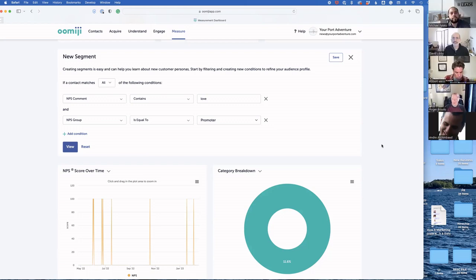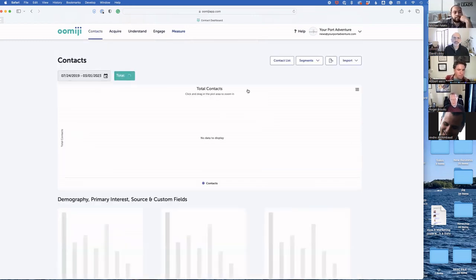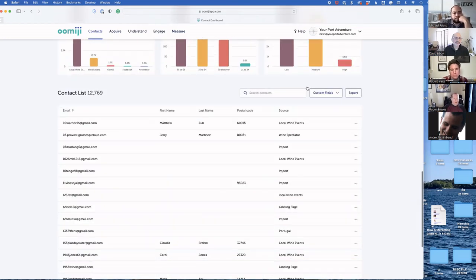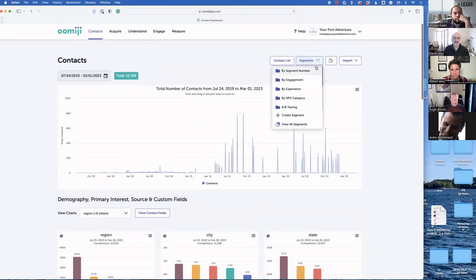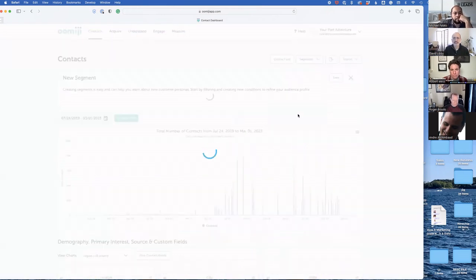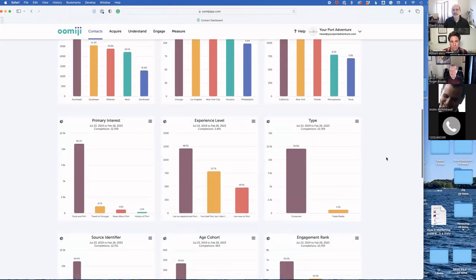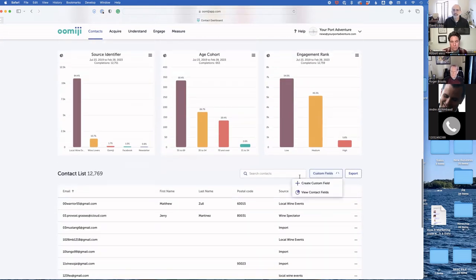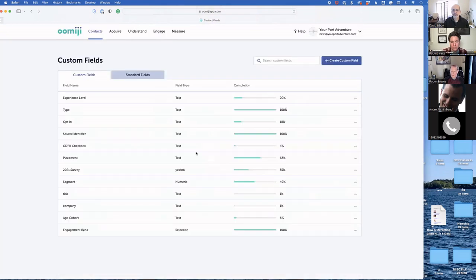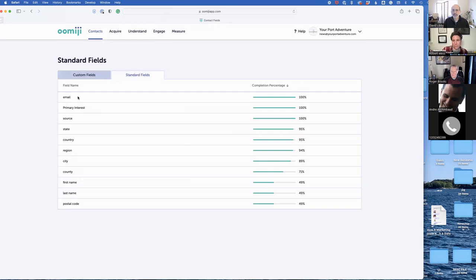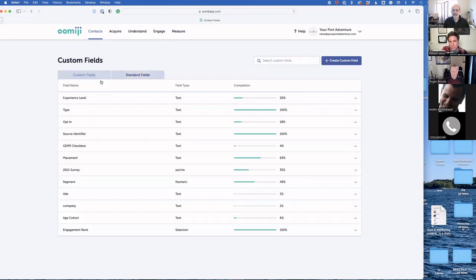When you started talking about the contact segmentation you had by state, can that also be by county? Like how tight can that be? Yeah, so it can be by whatever criteria that you have in your database. And so this client, yeah, they have county. Okay, great. Now, we have a bunch of standard fields, which are pretty similar to most platforms, except that primary interest is one that we've added. Custom fields, that's up to the client as to whatever they want to do.